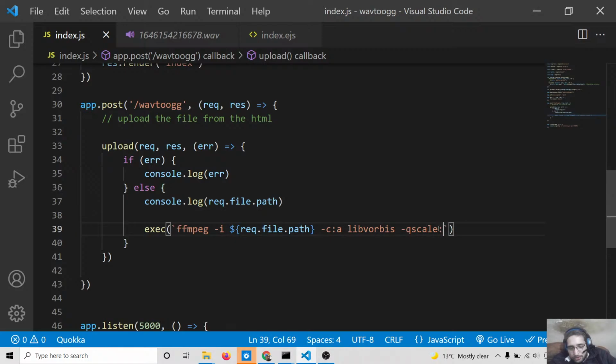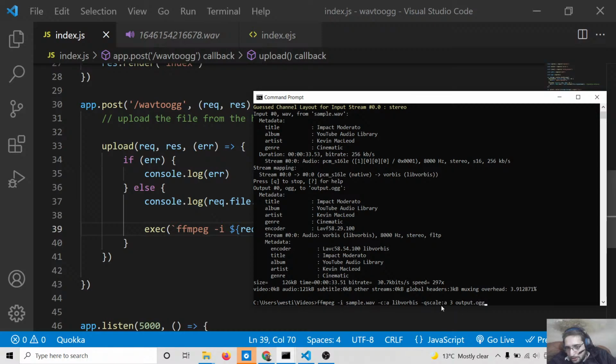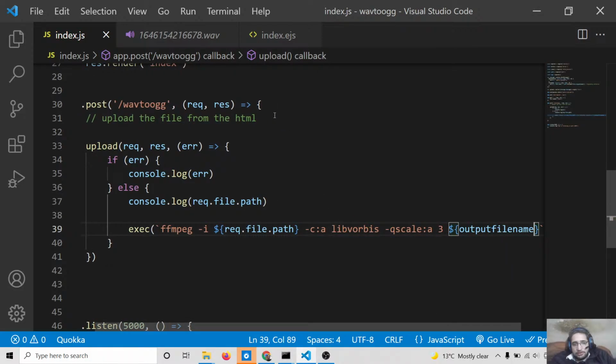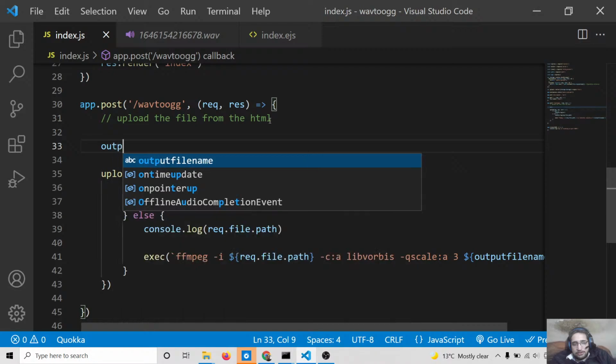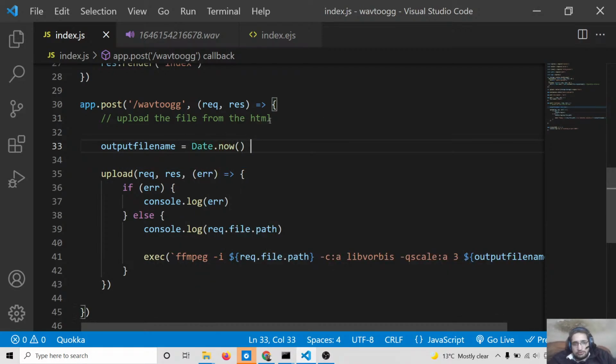After that, it is :a followed by the level of compression that you need to apply. So we will apply a third level compression. After that, the output file name. We will provide it dynamically. So we will construct it right here at the top. This will be Date.now, output